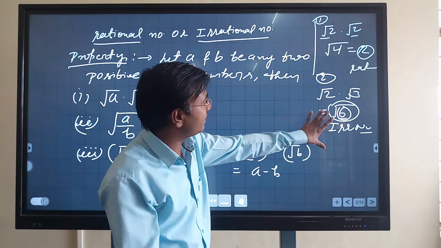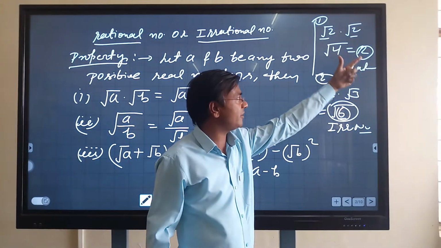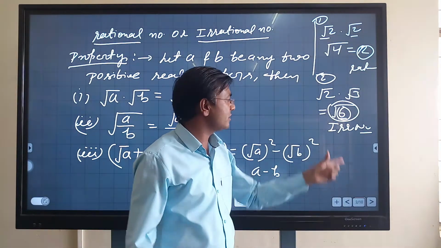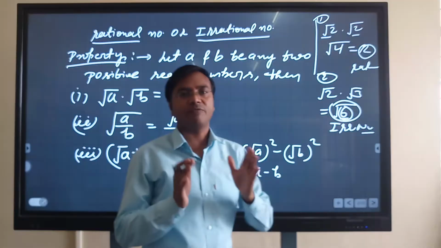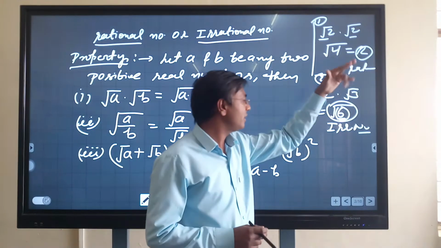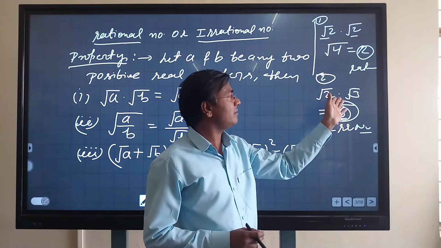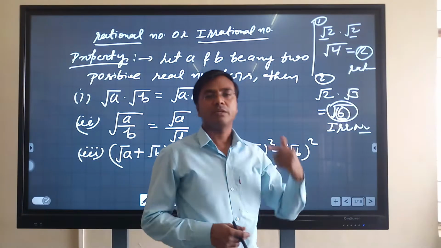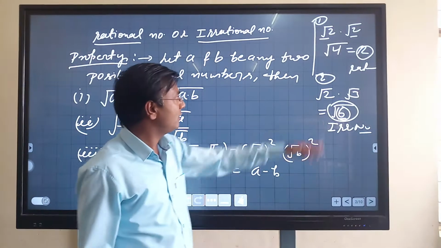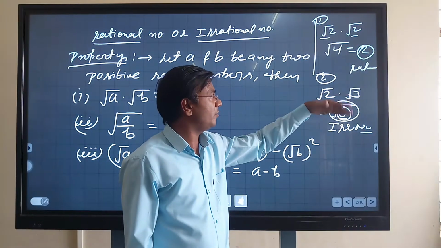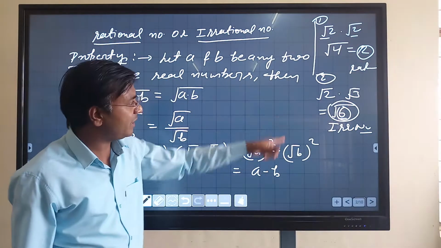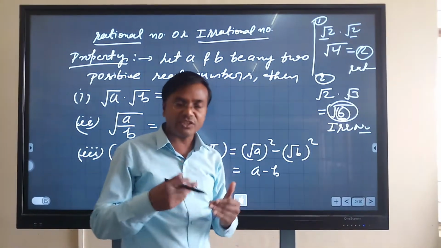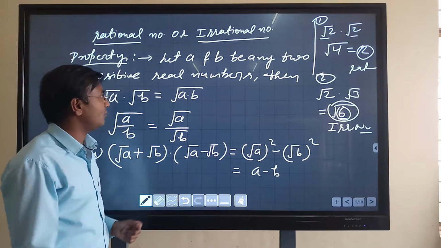So what we have seen? In one case the product is coming rational, and in the other case the product of two irrational numbers is coming irrational. So this time we have got two results, rational and irrational, while the numbers taken are irrational and we are applying the same operation, that is product. The product of two irrational numbers may be rational or may be irrational, depending upon the numbers. I have taken 3 here and 2 there, so the condition varies, right? So this is the important condition.